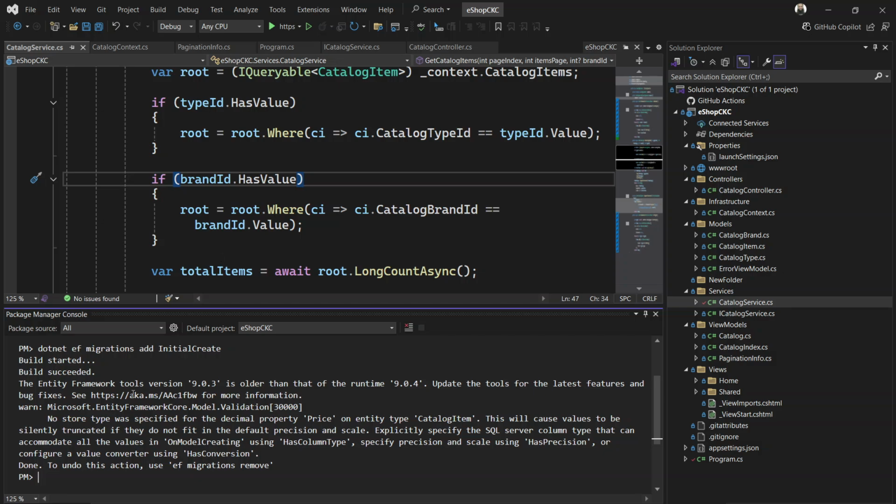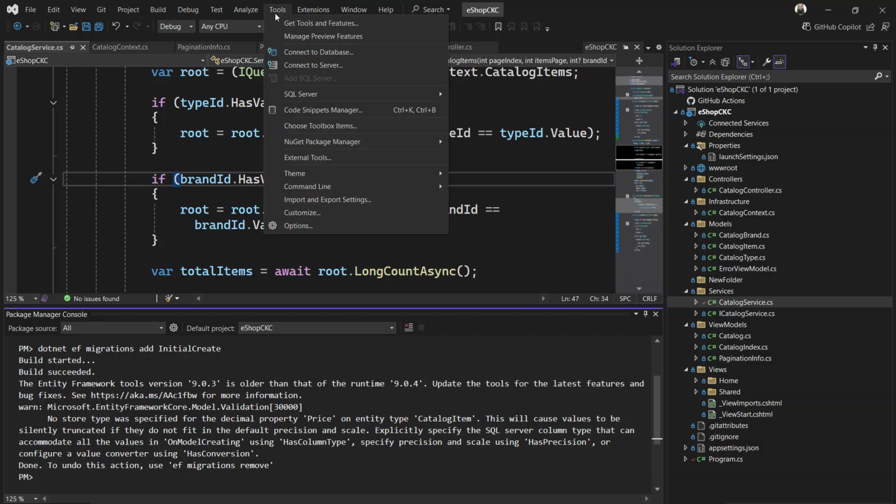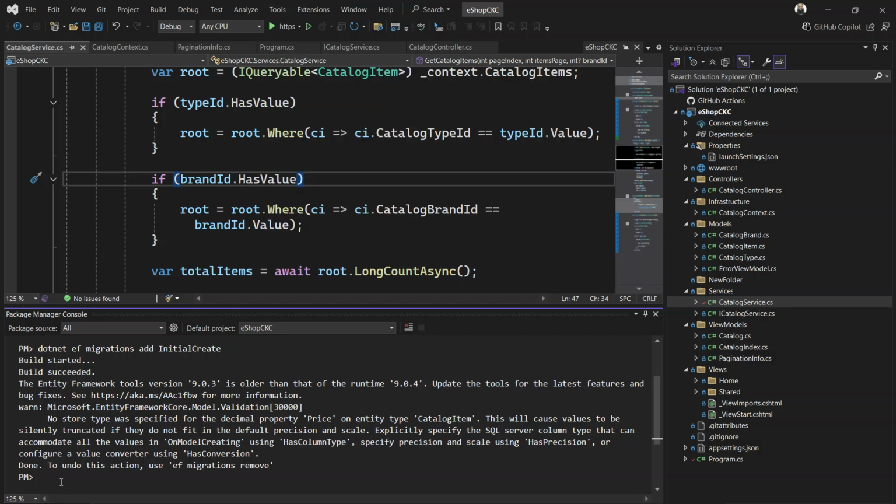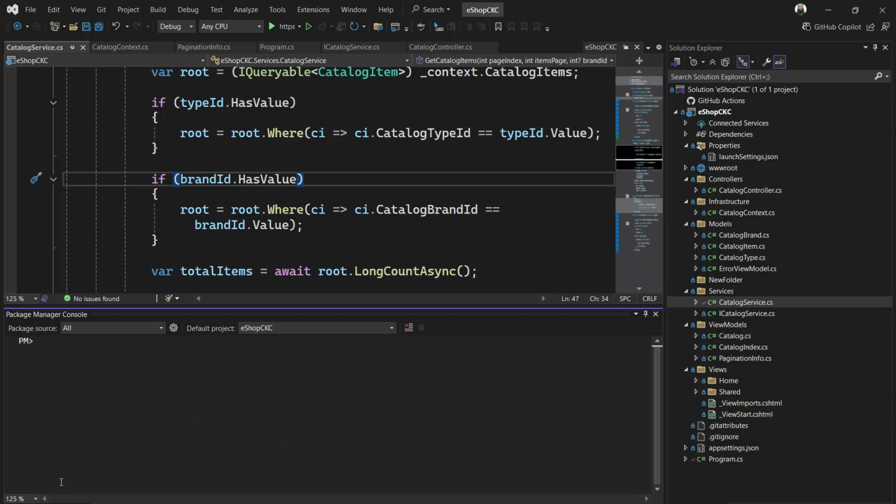Okay, so I have opened the package manager console. You can even use the terminal as well. For this, you can go to tools, look at package manager, and the package manager console is there. What I will try to do is create the migration files. So for migration file creation, let me clear this up. For creating a migration file, I need to run dotnet ef migrations add InitialCreate. So let me try to run this,